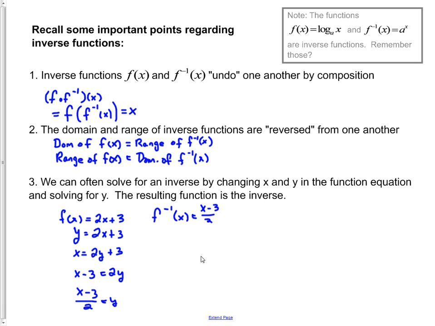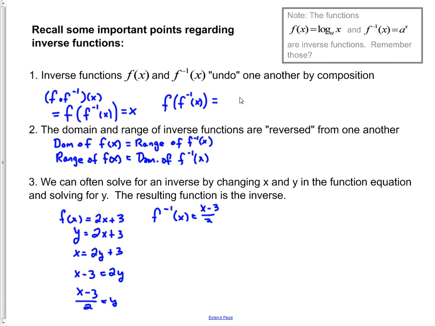Right? So these two functions right here, of course, the domain and range is all real numbers for both of them, so that's not a big deal. But we can certainly see that taking a composition of these two functions, f of f inverse of x, in our example,